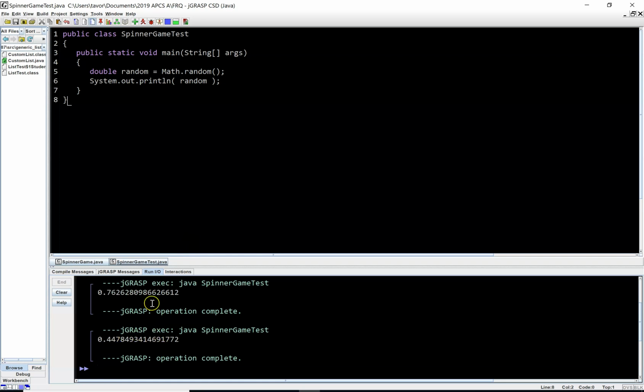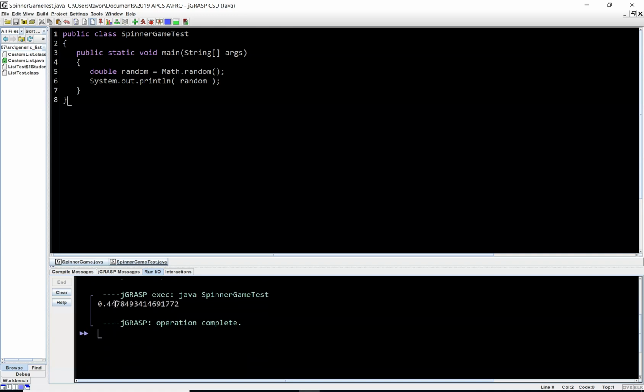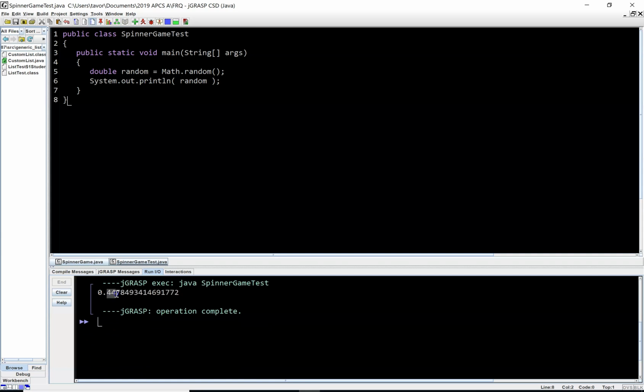Now let's say that I wanted a random number between 0 and 10. Well, notice that if I want this, for example, 0.5, let me just call it 0.54, and I want it to be a number between 0 and 10, I would just have to multiply by 10, and it would give me 5.4. Here, this is 0.76. Multiplying it by 10 would give me 7.6. And right here, 0.44 multiplying it by 10 would give me 4.4. And so if I go up here to my code and I say 10 times whatever Math.random is,